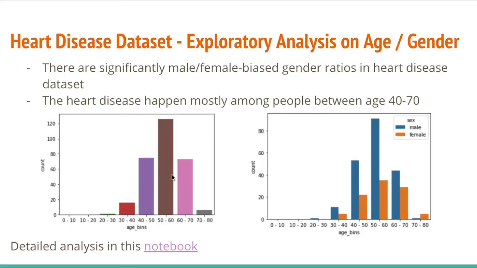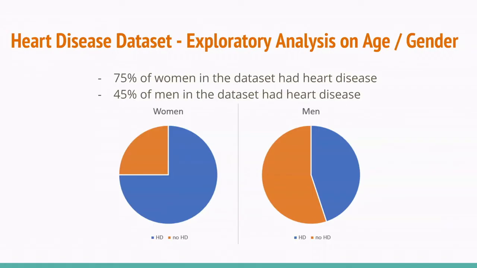Here to the left, we see that the distribution of age is more centered around ages 50 to 60. And the figure to the right shows the difference in male to female given the age groups. Therefore, we see that there are a lot more men in each age group except ages 70 to 80. Given the heart disease data set, it is assumed that heart disease is more likely to happen between ages 40 to 70. In examining this dataset, we have discovered that the women who were included in the dataset were